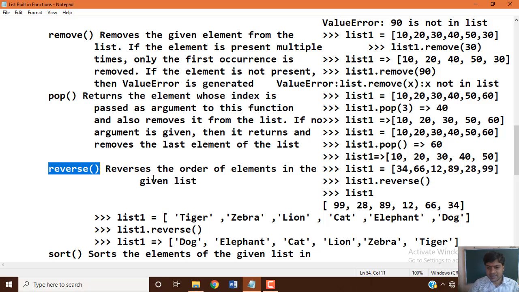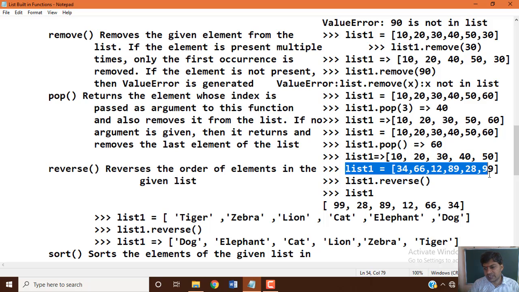Let's take an example. Integer numbers specified here: list 1 equals 34, 66, 12, 89, 28, 99. When you apply reverse, swapping takes place from right to left, so 99, 28, 89, 12, 66, 34 should be the answer.